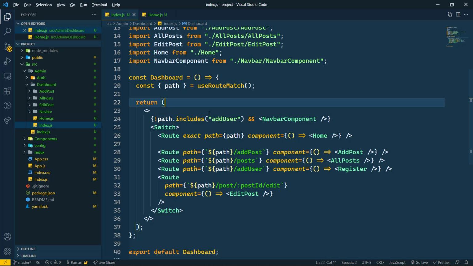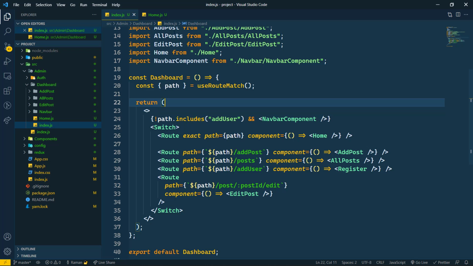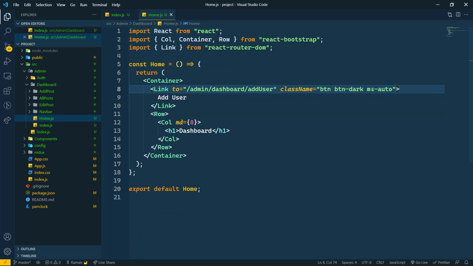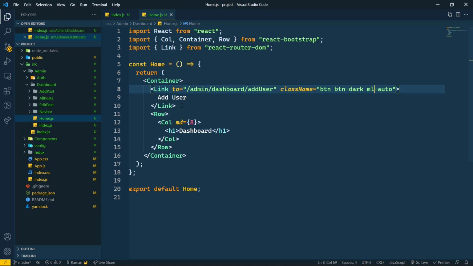Save this, and save this one also, and let's see what changes we are getting. Here we are getting it like this, but margin start is not working properly, so let it be margin left auto. Let's see if it is working or not. We also need margin top.